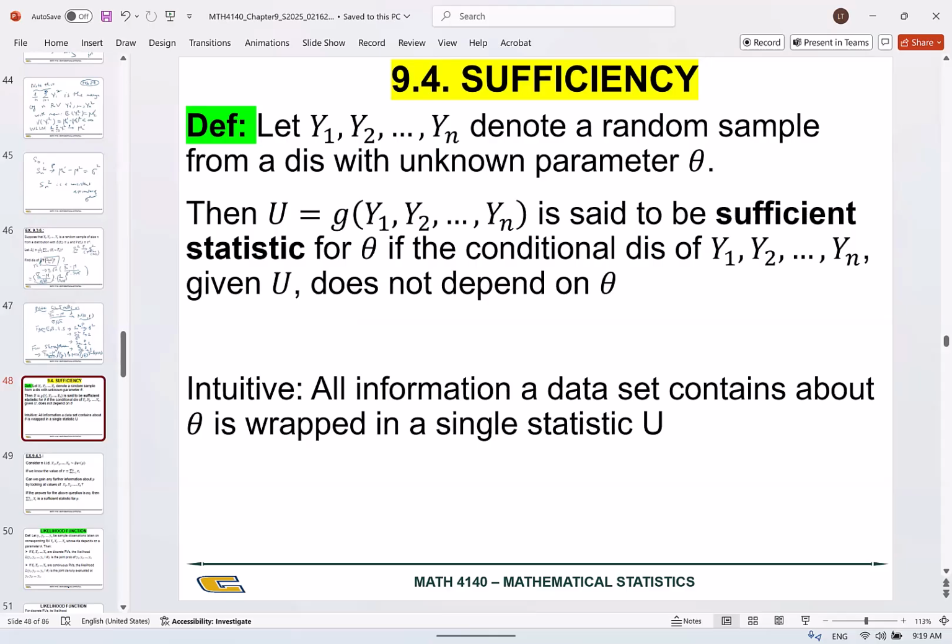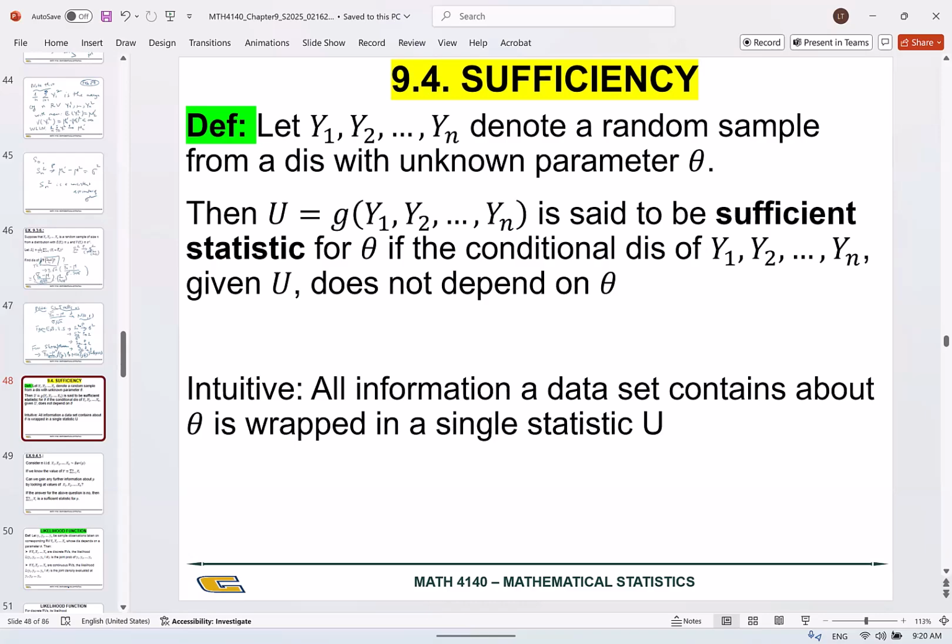Say you have the whole data y1 to yn, but now you have a statistic u equal to a function of y1 to yn, g(y1,...,yn). For example, g could be just y1 plus y2 plus up to yn, or the maximum, or the minimum of each dimension if you talk about a multivariate, high dimension case. For a simple case, you just add them all together. It will be a sufficient statistic for theta if